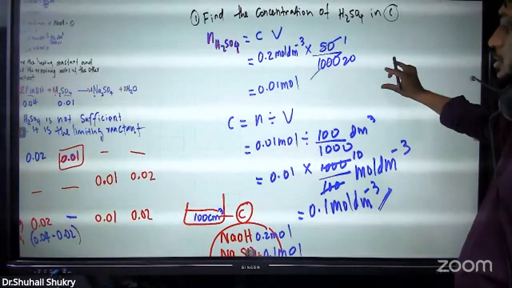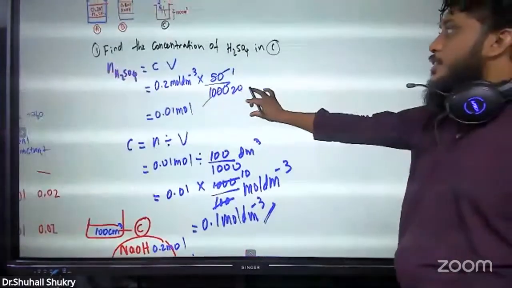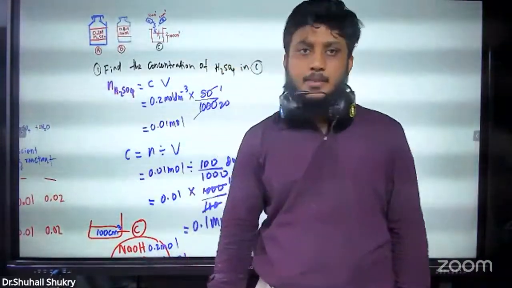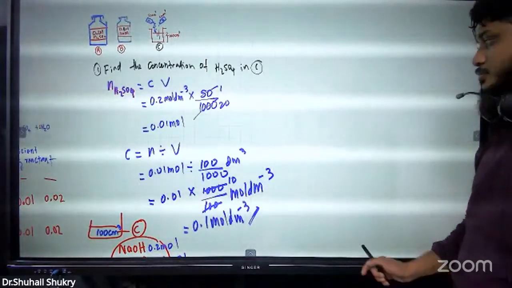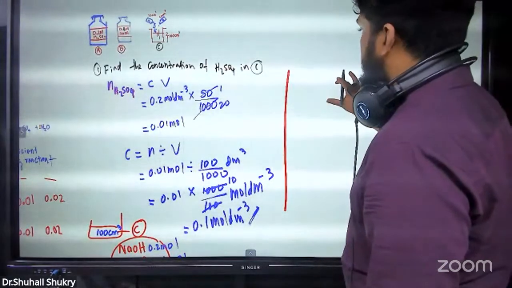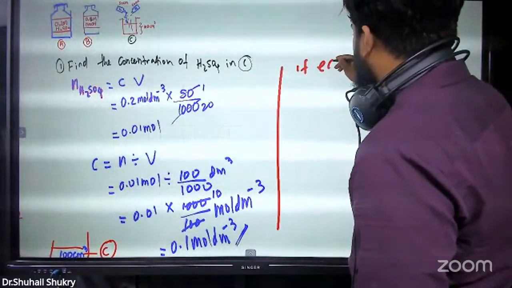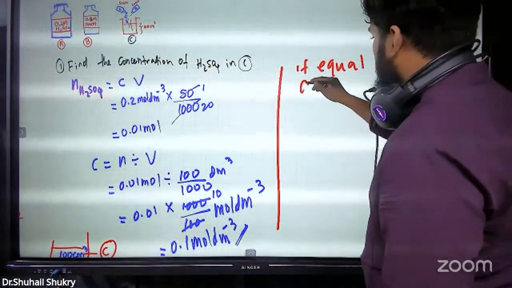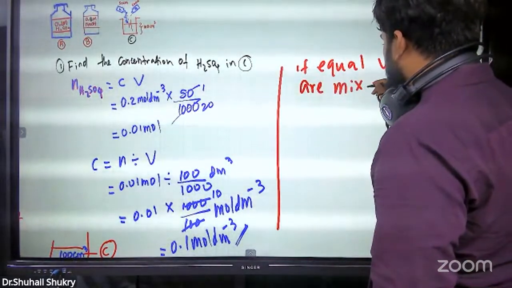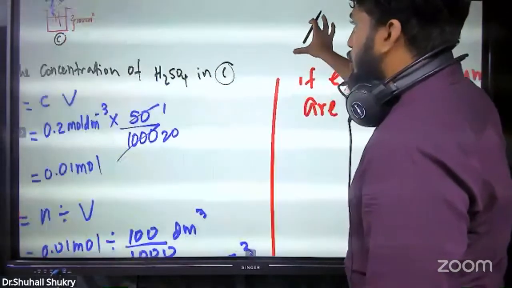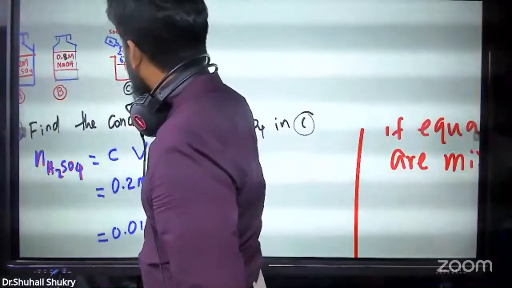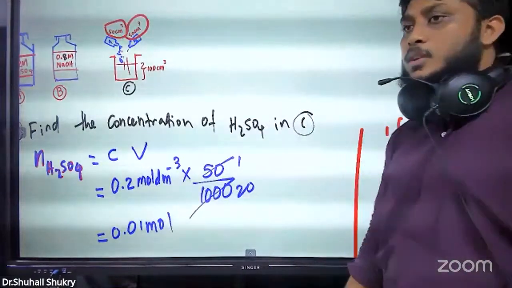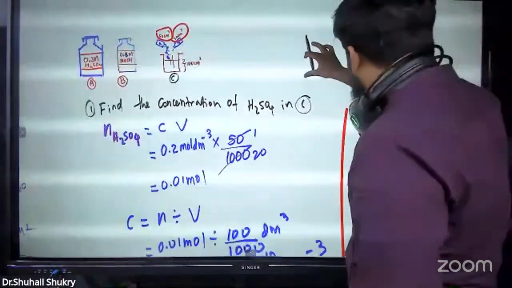But remember, if I want to find the concentration after mixing two solutions, there is an easy way. What is the easy way? This is the easy way. If equal volumes are mixed, equal volumes mean, you can see this is 50, this is 50, this also 50. So they are mixing equal volumes. If equal volumes are mixed, remember,